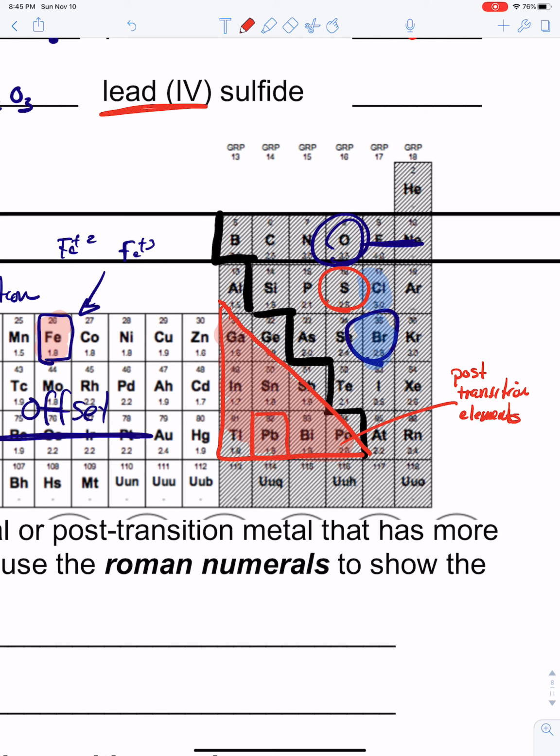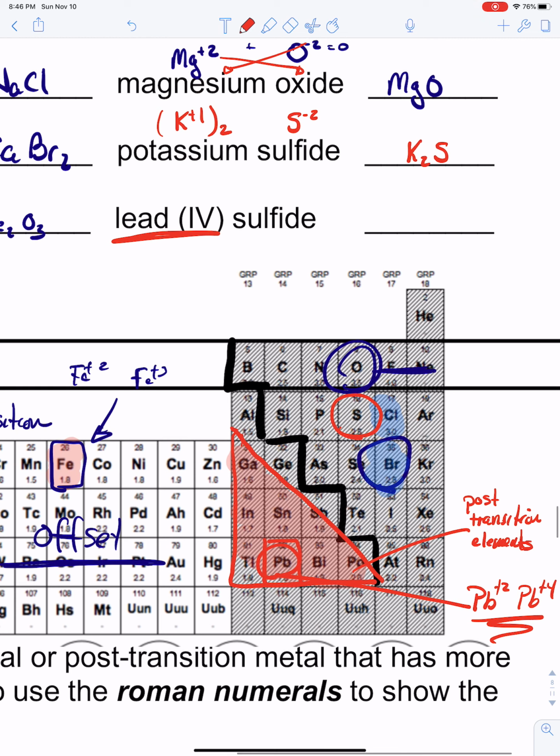So even though they're not technically in the D block, they behave as if they are. For example, lead could be lead +2 or it could be lead +4. Both of those are possible ions for this particular compound. All right, so when we do this, lead 4, Pb +4, this number, this Roman numeral, is telling